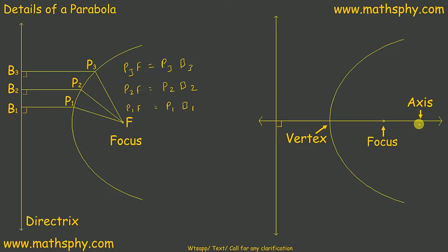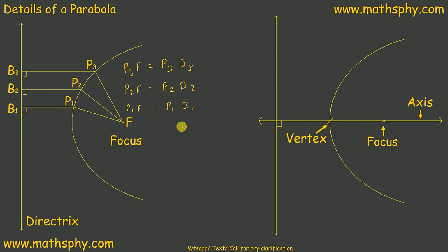It can be x-axis, it can be y-axis. Means the line which goes through the focus perpendicular to the directrix is called axis. Point of intersection of axis and parabola is called vertex. This is the point where axis cuts the parabola. This point is called vertex. So these are the small details or the basics about the parabola which we will use in finding out standard